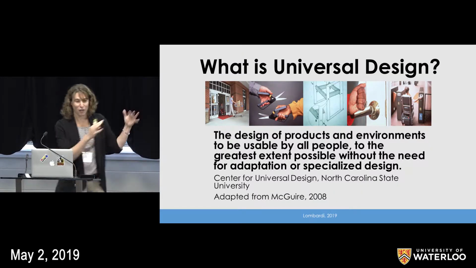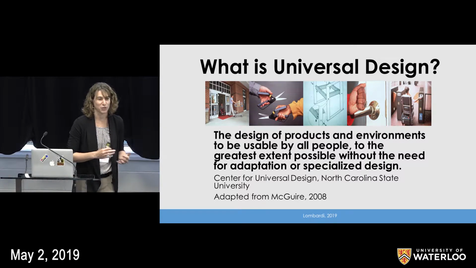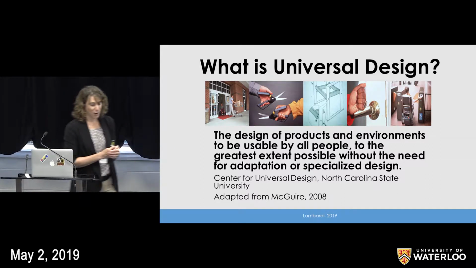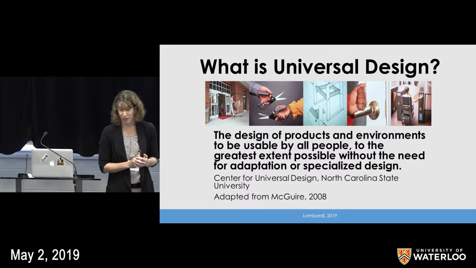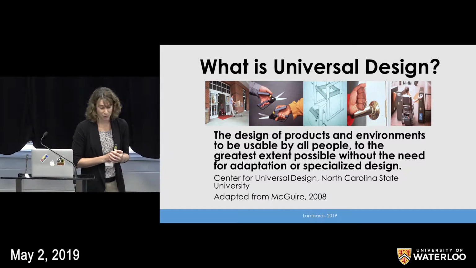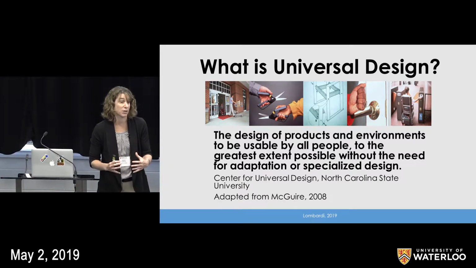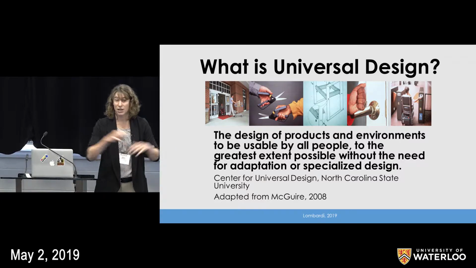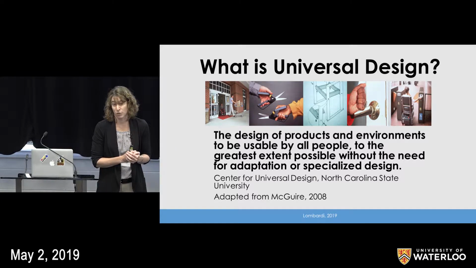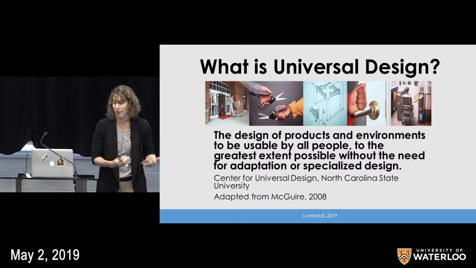Those are all examples of that curb being universally designed. Those of you who are familiar with universal design have probably heard this before: originally it had to do with the design of products and physical spaces or environments to be usable by as many people as possible. This idea of maximum usability without the need to specially or individually adapt for one person, right? We're trying to be efficient in the sense that it's universally designed so as many people can use it as possible. So with the curb, as many people as possible can use that curb and be safe with it